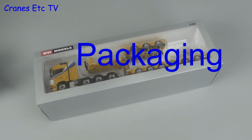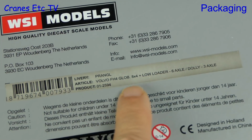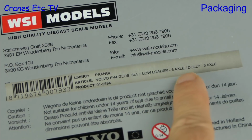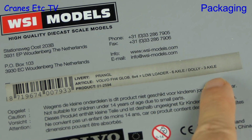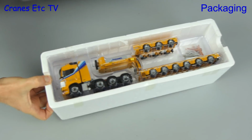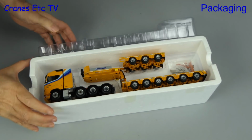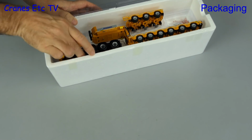Time to start up another big truck because it's a heavy haulage model from WSI. This one is a Volvo FH4 Globetrotter 8x4 and it's paired with 9 axles of trailer and it's in the colours of the Austrian company Prangl. This is a limited edition model and it comes in the standard WSI packaging,